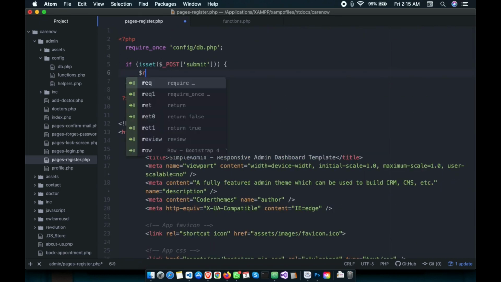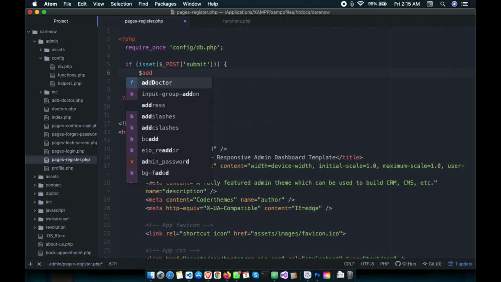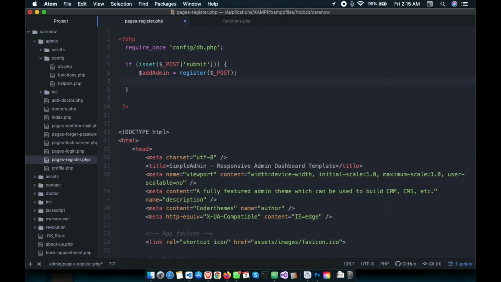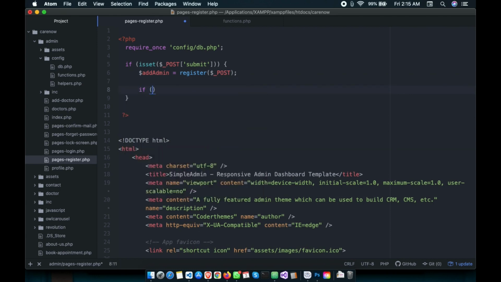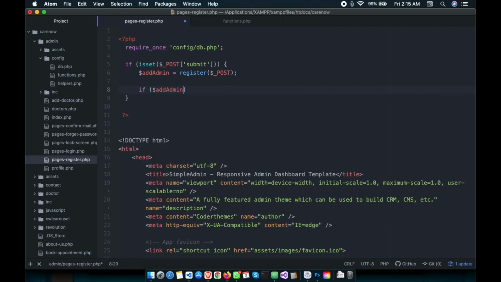Then a response is equal to, or you can say add admin, something this way, is equal to register. So this is a function, and it accepts a parameter, and this will be the parameter, right? Then we'll say if add admin is strictly equal to true, that is if the function is returning true,